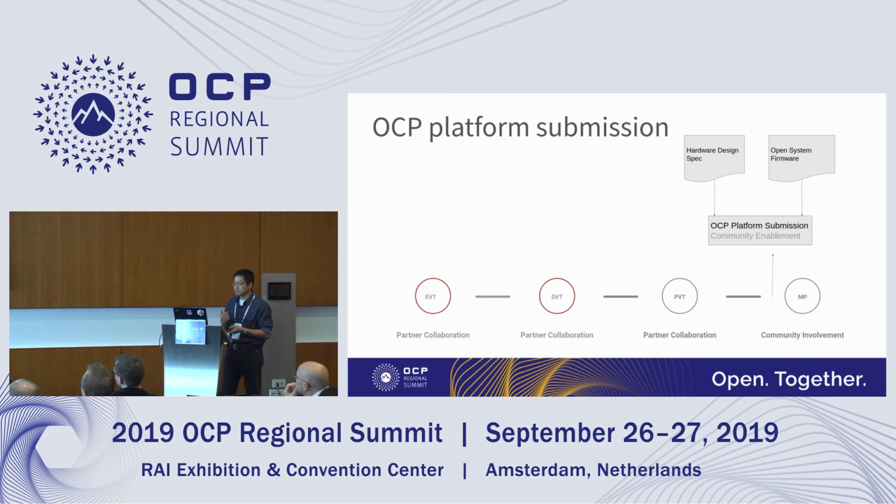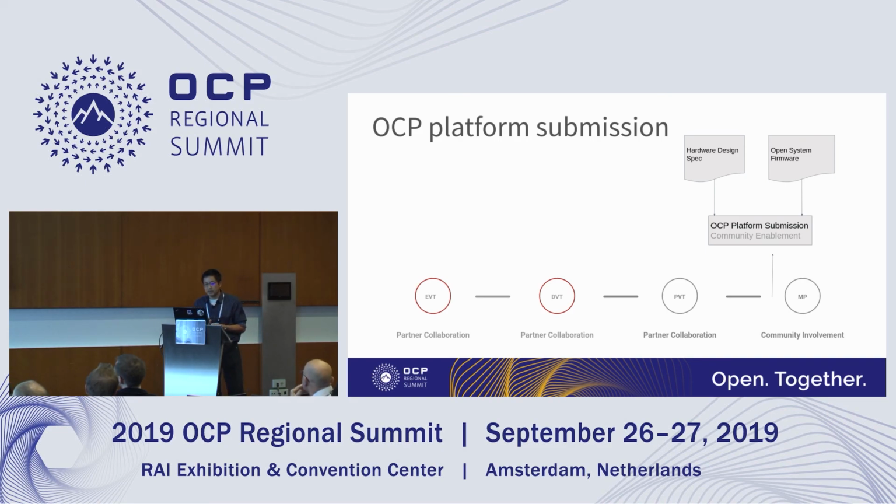This is the timeline or milestones for OCP platform submission. So in yesterday's keynote, Bill and Ram mentioned that in 2021, OSF becomes a checklist item for OCP platform submission.